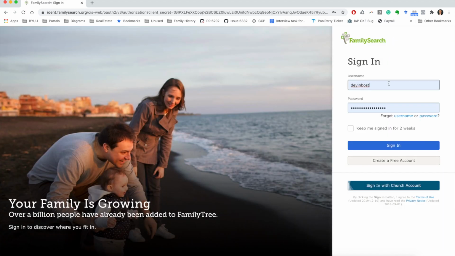In this case, it remembers who I am, but you'll have to enter your username and password. If you have any problems logging in, please let me know or contact one of the CHOAs, and we can help you to get your login issues resolved. So I'm going to click sign in,